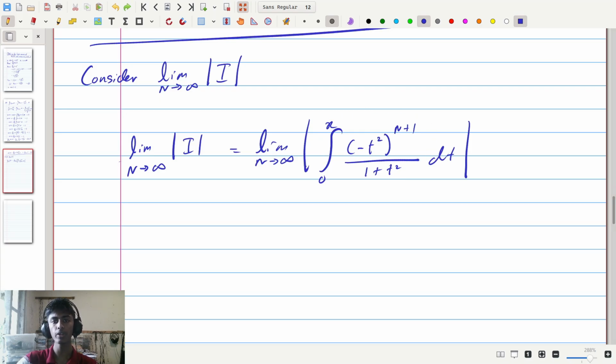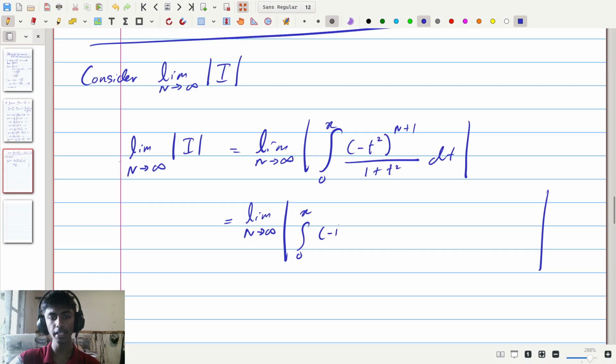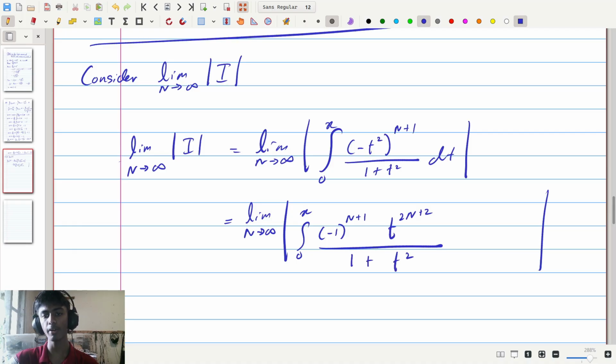Now here we can see some things. There's a negative 1 on the inside which we're going to expand out and make things nicer. Doing that, we have the limit as n approaches infinity of the absolute value, and on the inside of this integral I'm going to take this negative 1 and write it as negative 1 to the power of n plus 1 times t squared to the power of n plus 1, which I'm actually going to write as t to the 2n plus 2. I can do this, of course, because of the index rules. And then the whole thing has to be divided by 1 plus t squared,